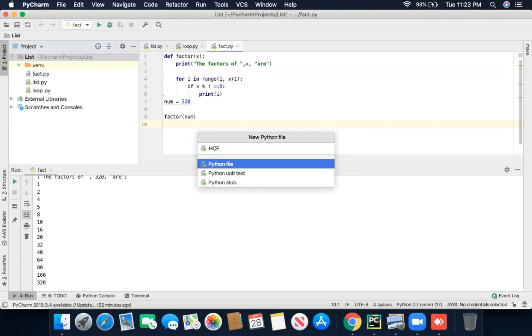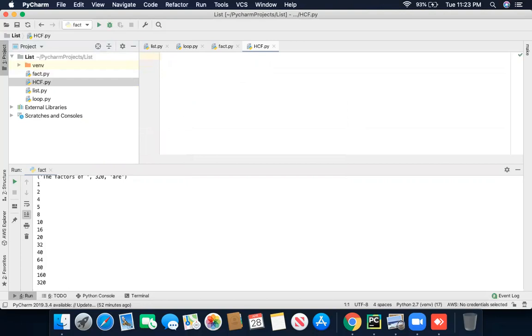Got it? Okay, now I'm going to define a function, and here I'm going to use HCF, highest common factor. For the highest common factor, we need to use two variables, so here are x and y. Now we need to use an if statement.